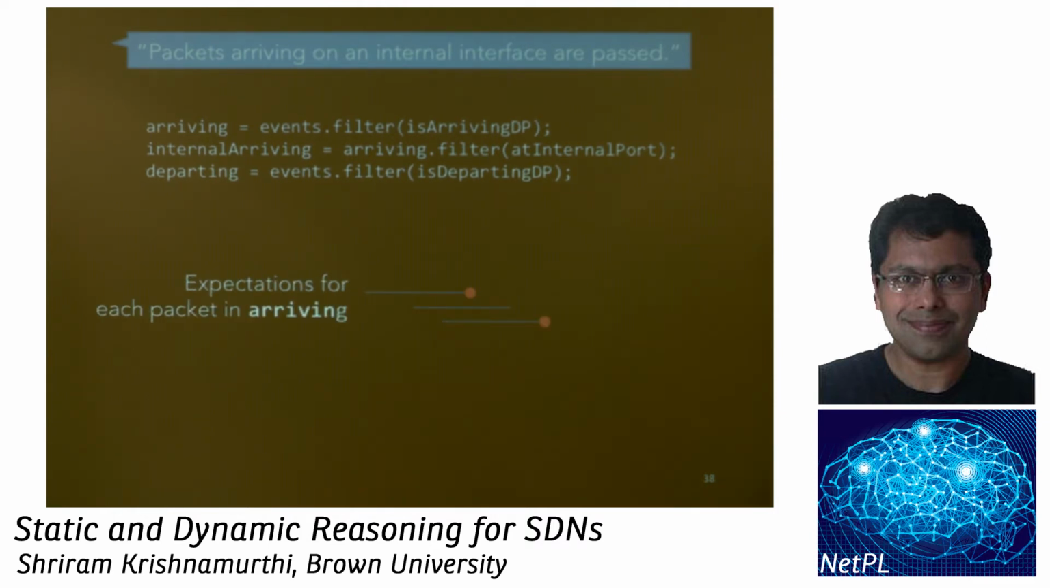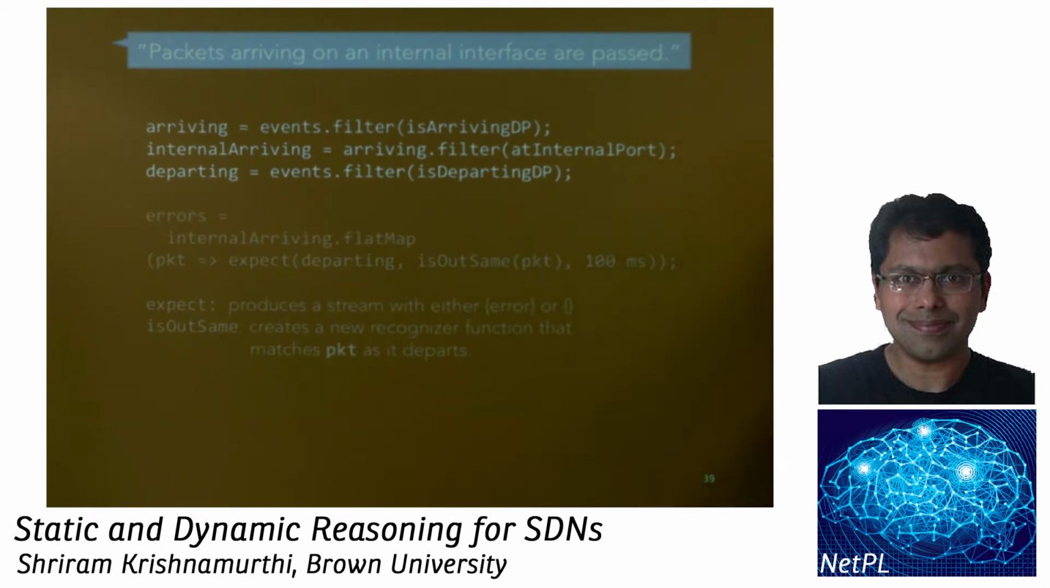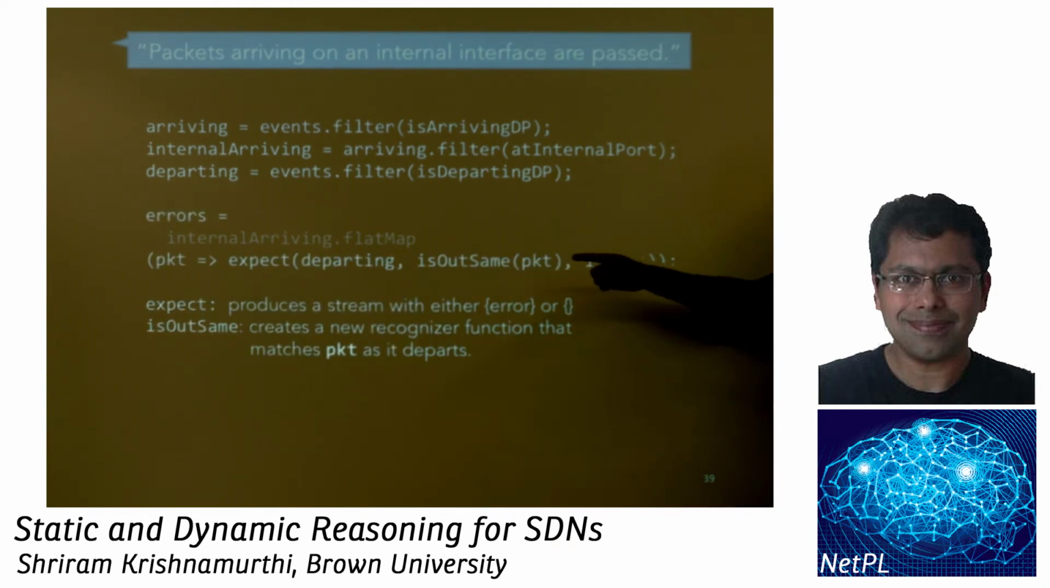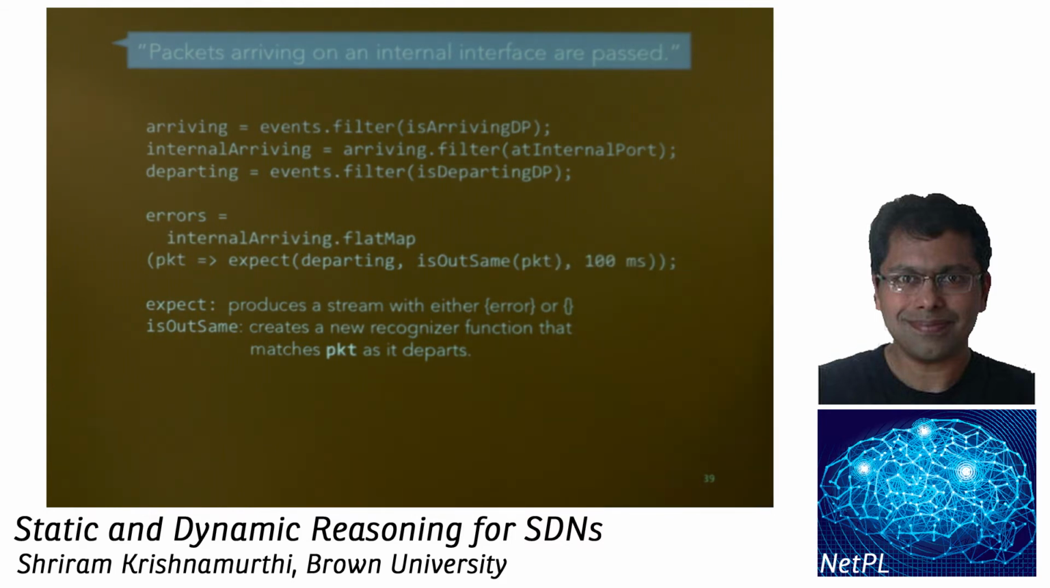Essentially, I have some set of expectations for packets of the arriving stream. Some of them go through, some of them don't. The ones that don't go through are my error stream. My errors are: I take each packet and I expect it to arrive at the departing interface. It has to be the same as the internal packet, and it has to happen, say, within 100 milliseconds. A flat map is something that basically combines all of these streams together. So this is working code. This is the entire code that we use for monitoring that particular property. It's written in reactive Scala, and currently it works on top of